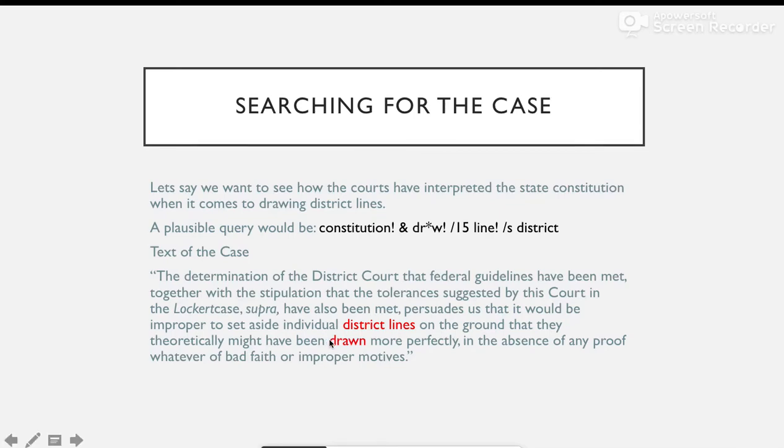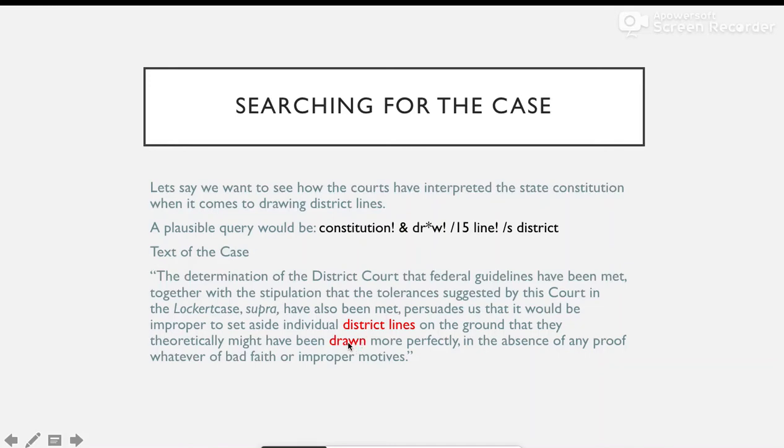So we do have a variation of draw. And this is pretty close to the subject matter that we're looking for. I'm just going to start here. "Persuades us that it would be improper to set aside individual district lines on the ground that they may theoretically might have been drawn more perfectly in the absence of any proof whatever of bad faith or improper motive." So basically, we do see that draw is within 15 words of, or within the same sentence as